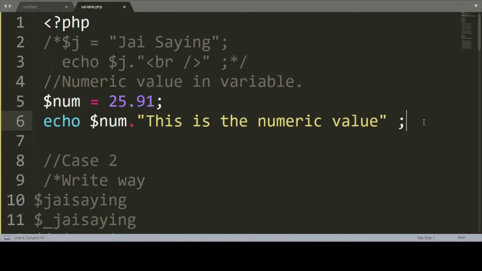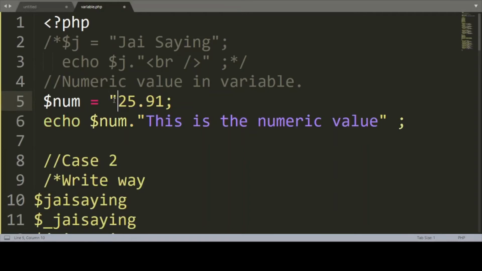You have to first remember, in the numeric case you can't use double quote in case of numeric value. I'll tell you the case. First of all I'll show you using double quote, numeric value using double quote.